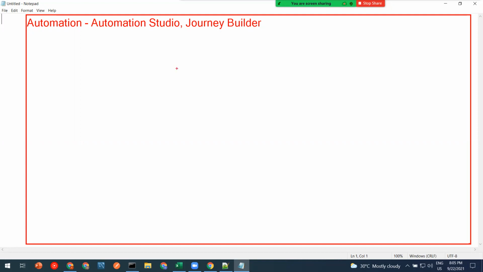Automation Studio basically is a data processing tool. It is a data processing tool with sending options. So if you have a question, what is Automation Studio?